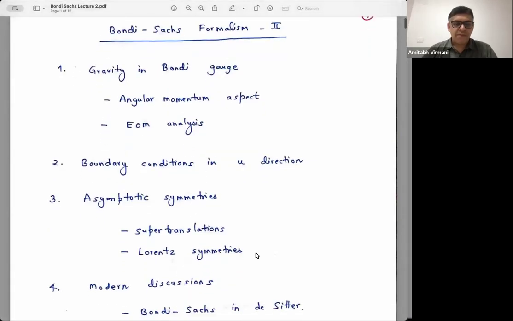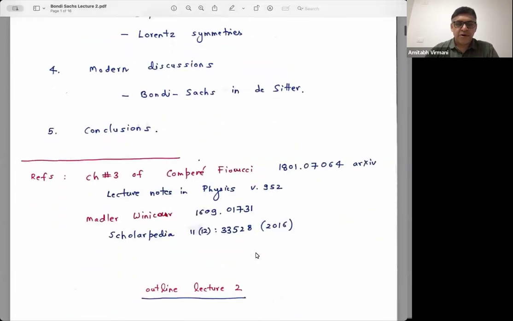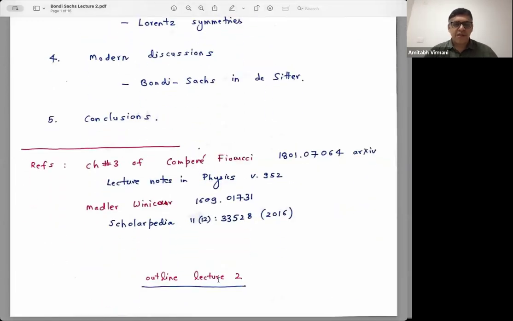Yeah, so actually before I start, because some students were asking me about references and so on. Before I give the outline of my lecture, let me mention two references. There is a very nice review by Compère and his student Fiorucci. It appeared in 2018 and is now published in Lecture Notes in Physics in this volume. Chapter 3 of this review has a very good discussion of